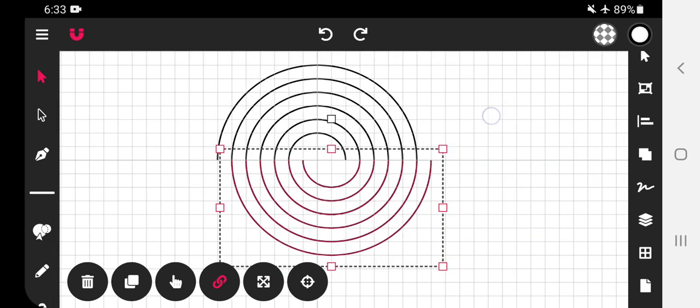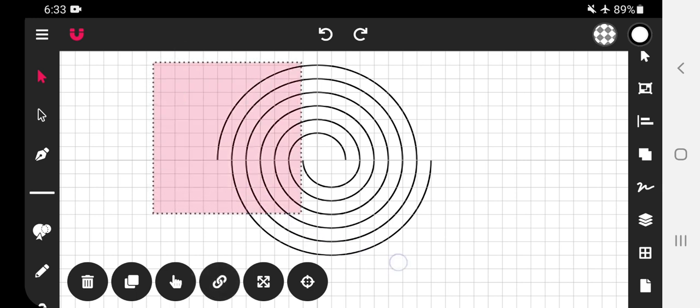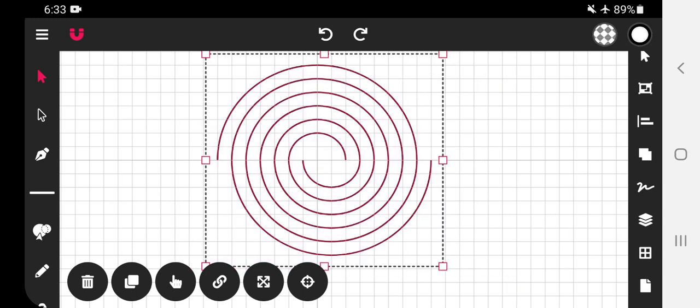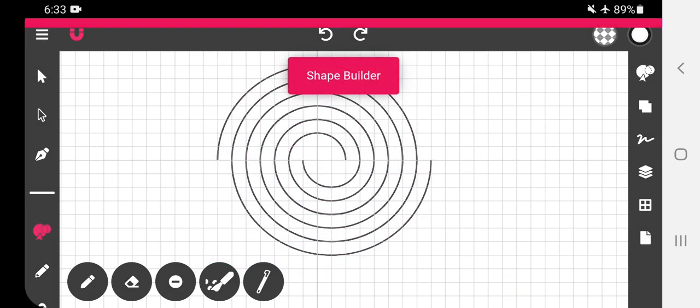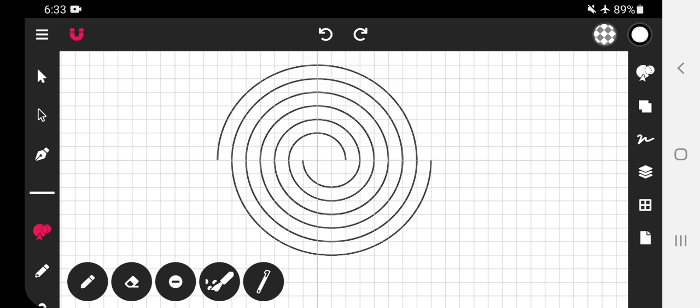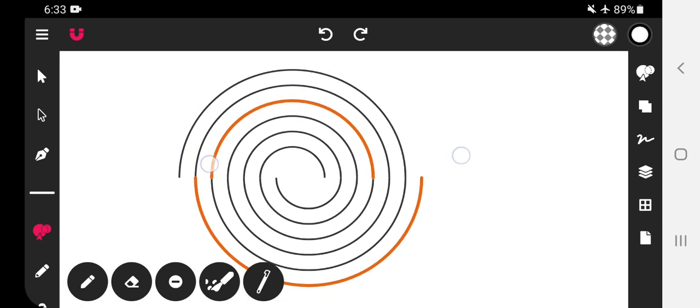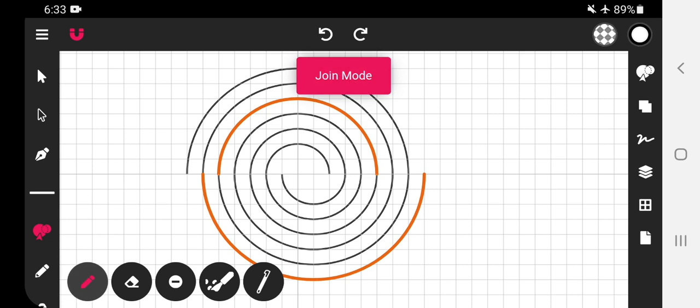Now deselect this and now select all these lines. Go to this shape builder tool and trace. Select this join mode.